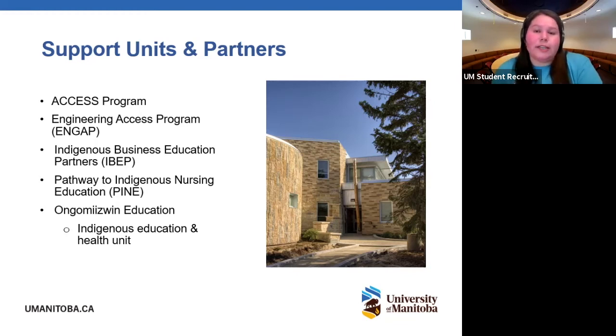And also cultural connections through elders or Indigenous knowledge holder engagement. Two of our support units are also able to offer financial supports. So this includes the Engineering Access Program, or NGAP, and the Indigenous Business Education Partners, or IBEP. So applications for fall 2021 have passed for most first-year programs, all but the Indigenous Business Education Partners, who have